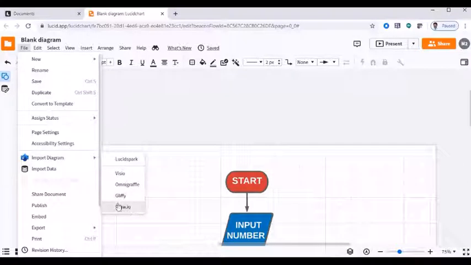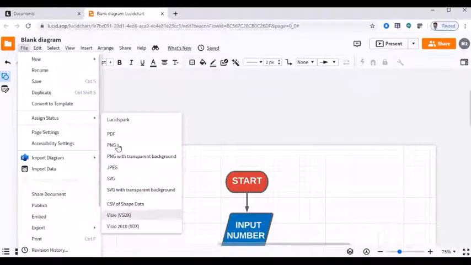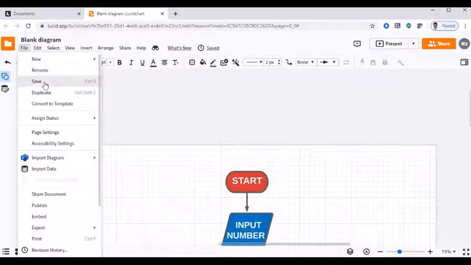You can see that draw.io diagrams can also be imported into this file. Not images, but the project files. If you save this project, it will be saved as a project file. This project file can be imported into other software, but this is different. Exporting the drawing is different, and saving the project is different.